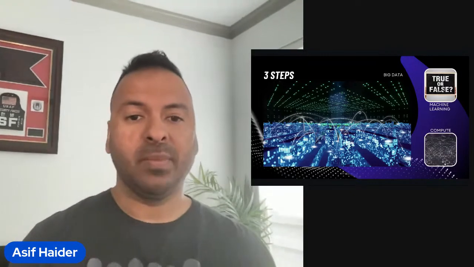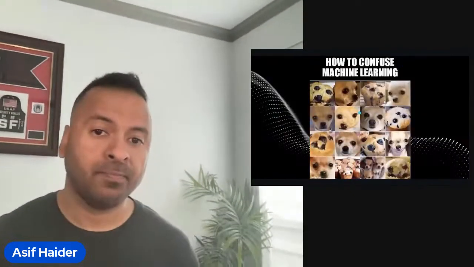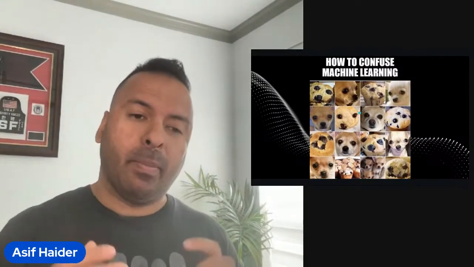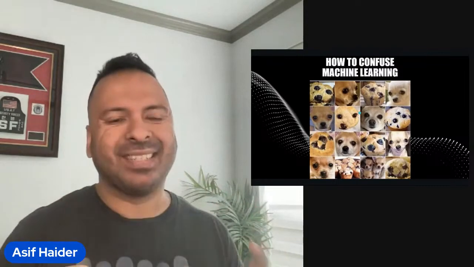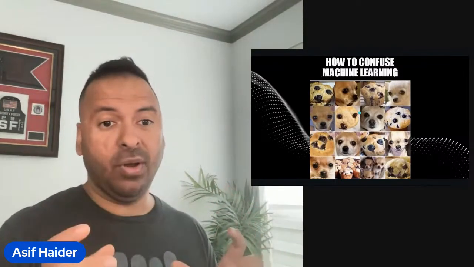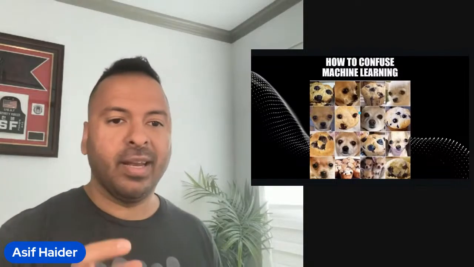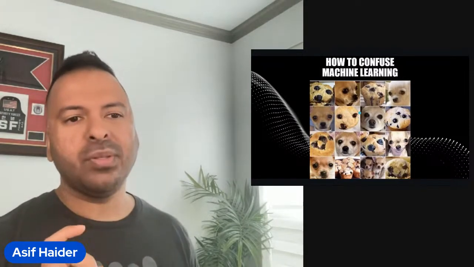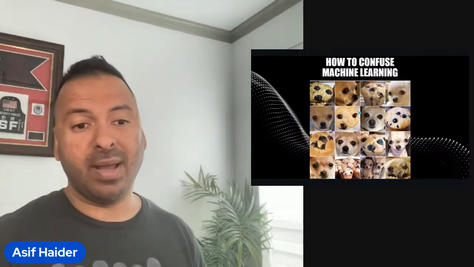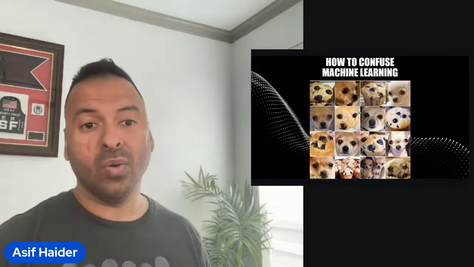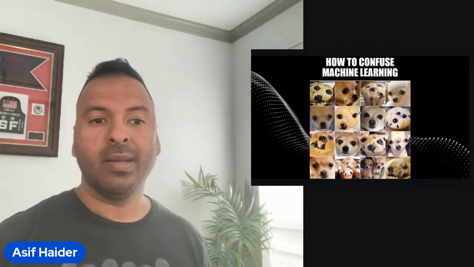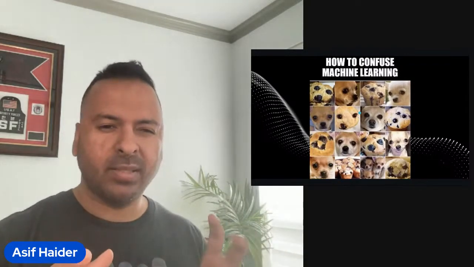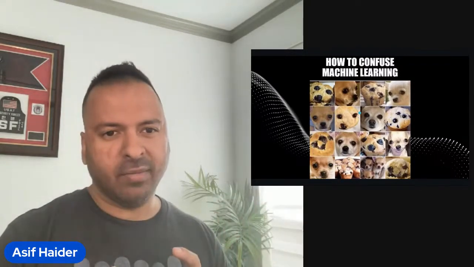That true or false statement will lead you to answers like, is this a muffin or is this a dog, right? But if you think about it, you cannot ask a system to identify a muffin or a dog. What you will do is say, is this a dog, yes or no, right? And if it's a dog, what's the confidence level, or what do you think the accuracy level of you identifying that dog, yes or no? If it's a no, how confident are you in that no, right? So you're looking at true positive, false positive, true negative, and false negative, right?